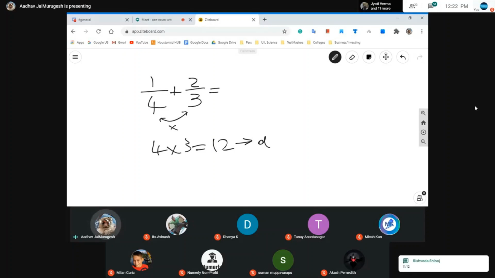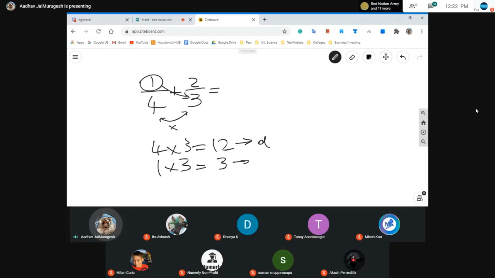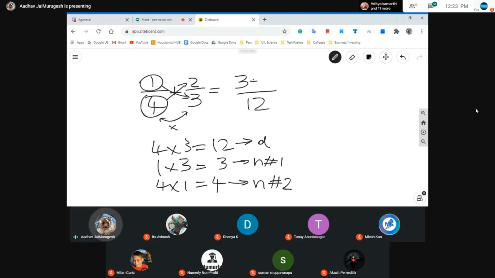Step 2 is taking this number over here and multiplying it by this number. That's 1 times 3, which gives you 3, and that's going to be numerator number 1. Next, we take this number and multiply it by this number, that's 4 times 1, which is 4, which is going to be numerator number 2. Now you're going to take numerator number 1, add it to numerator number 2 to get an answer of,